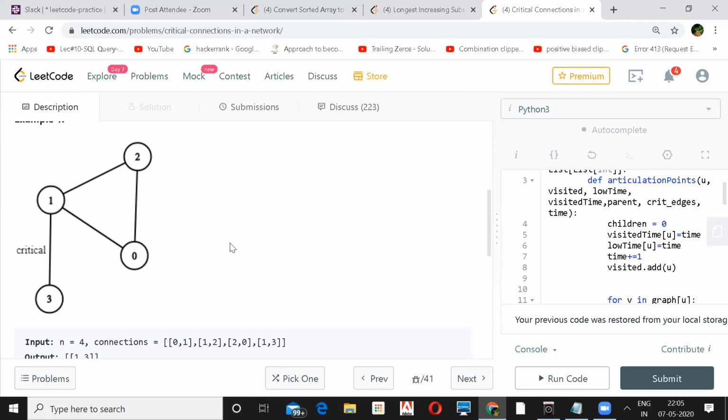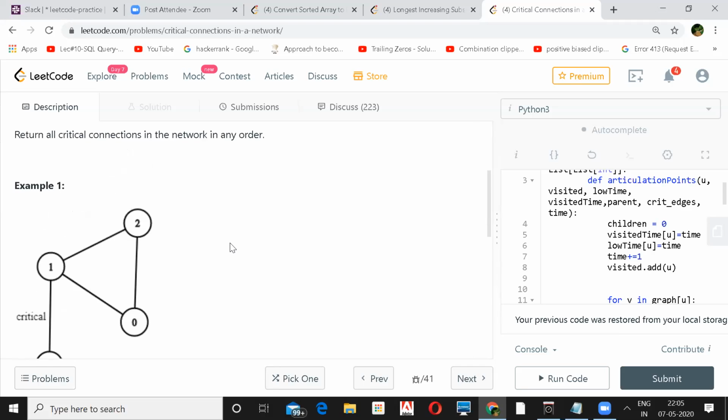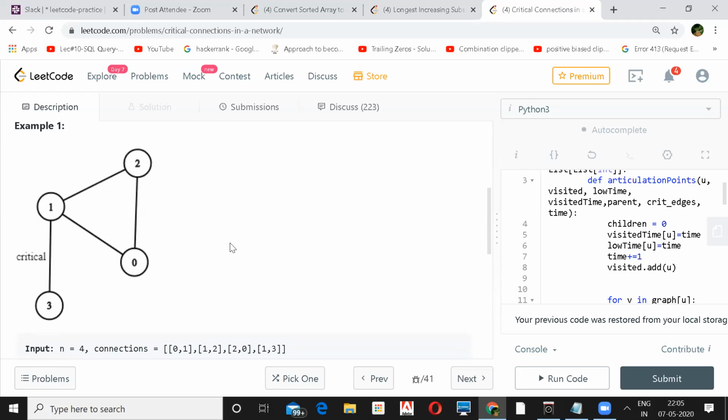Yeah. So if we think of one as a critical point, and if we remove one, right? And you have to remove an edge, okay. Suppose there's no connection between 2 and 0. If we remove one, it becomes 3 separate nodes.